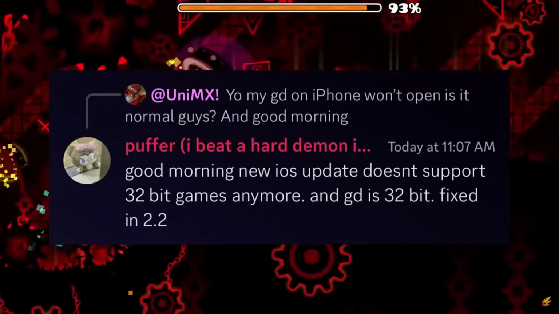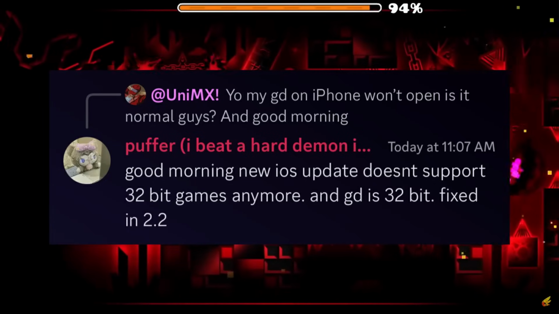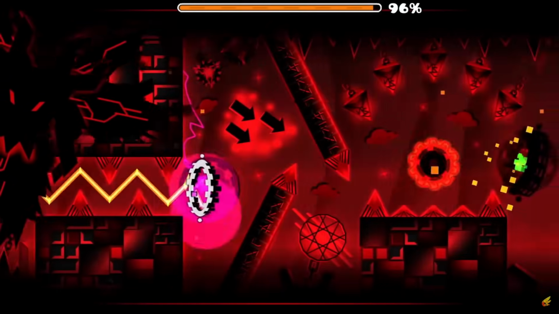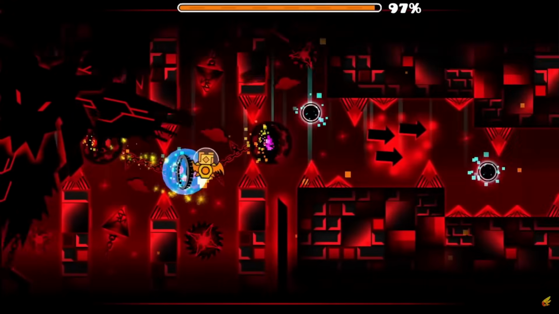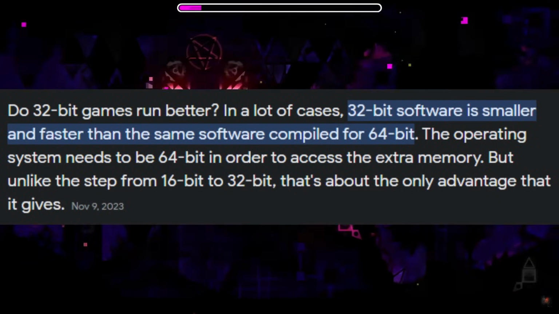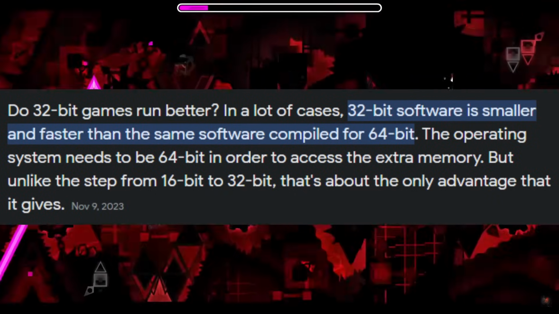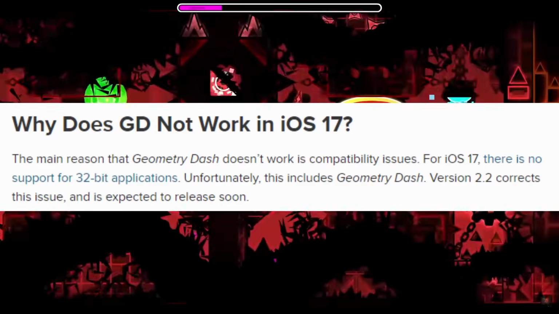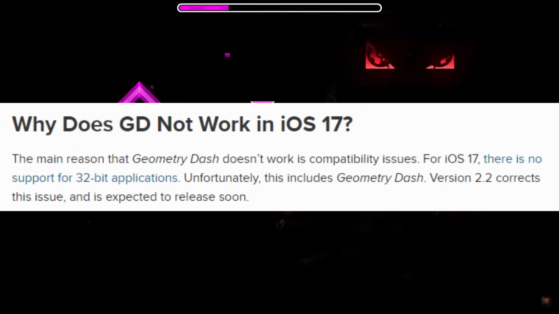As it turns out, updating your Apple device to iOS 17, the new update, doesn't allow the device to play 32-bit games. Now I had to look this up and figure out what it meant, so here's an easy version. A 64-bit game is basically more capable than a 32-bit game, since it can handle and store a lot more data at once. Basically, Apple made it so old 32-bit games are no longer supported, which means they'll constantly crash